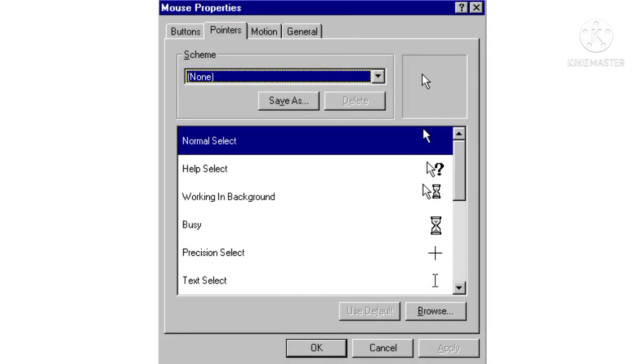Number 2, select the pointer of your choice and click on Open or double-click it. The old pointer in the Mouse Properties dialog box will be replaced. Number 3, click on Apply option. Number 4, click on OK.